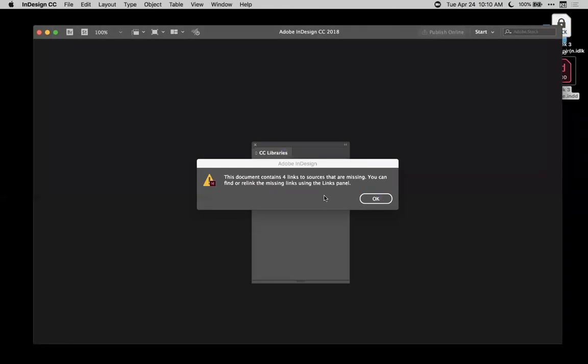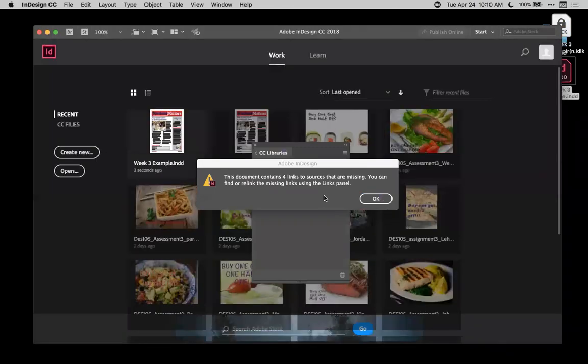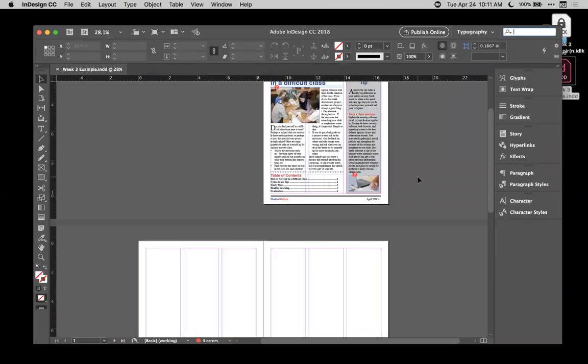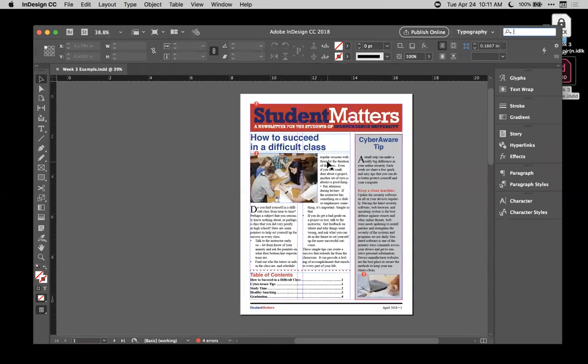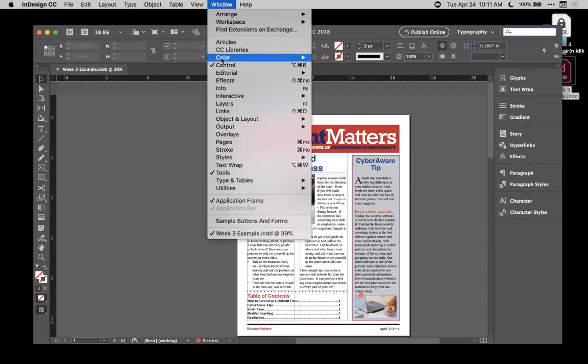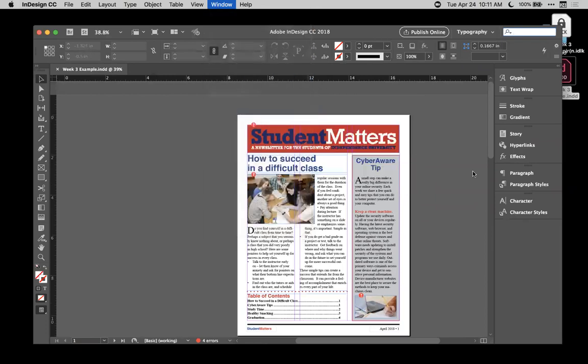Okay, so that fooled it. By changing the name of the folder it was in, it no longer knows where they are. So I'm going to go ahead and say okay, so that message is just telling me that it's lost them. Where I do this relinking is in the links panel. So I'm going to go up to Window, and I'm going to go to Links to bring out my links